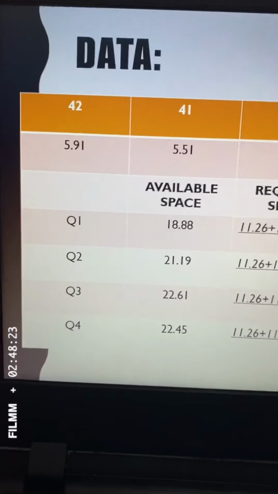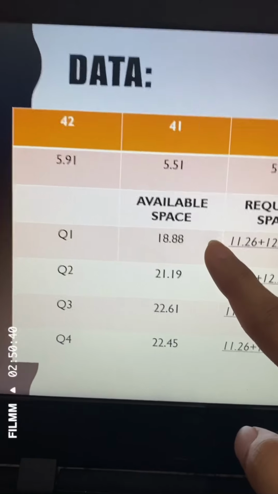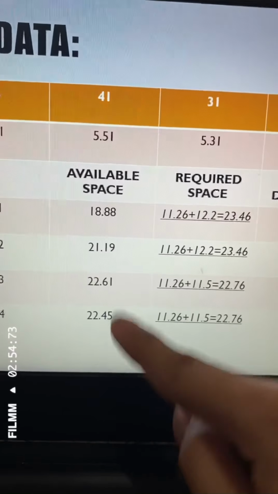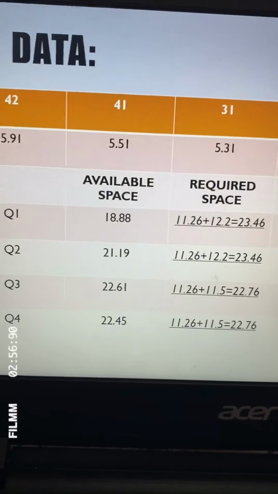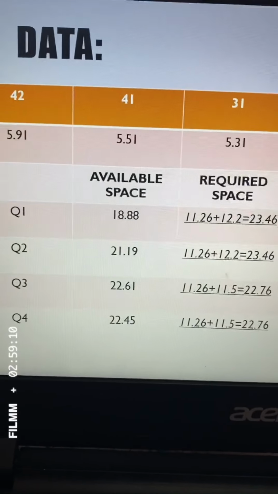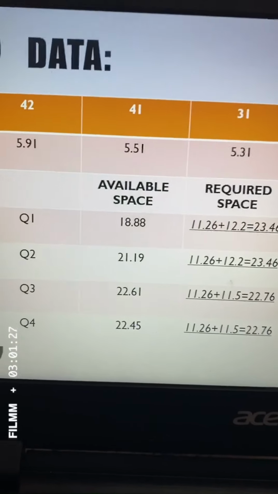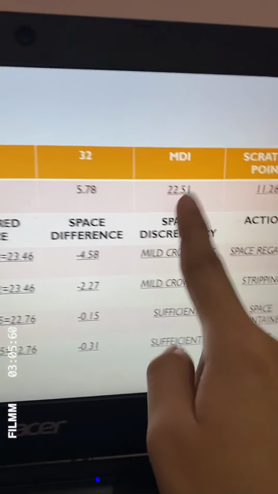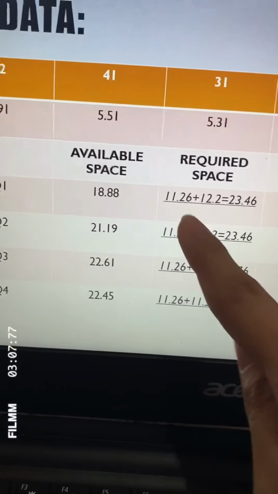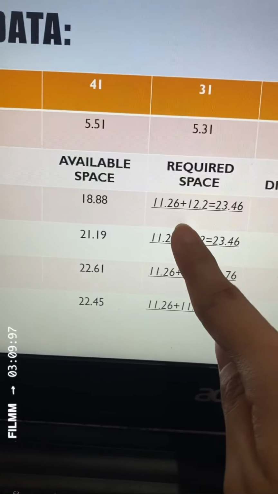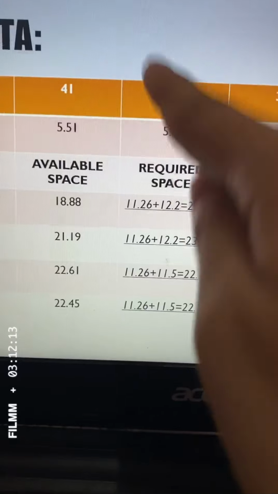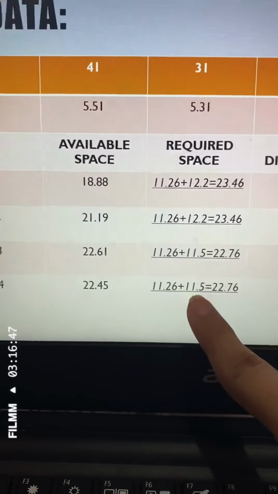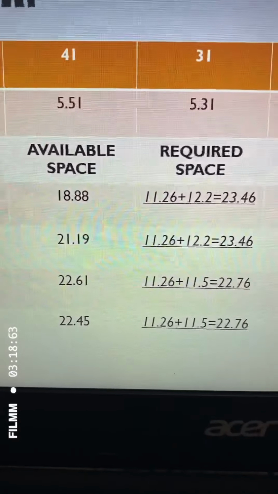I've said earlier that the space available is given. The following are the space available again. To get the required space, as I've said earlier in the formula, all we need to do is divide MDI by 2, right? So MDI divided by 2 is 11.26. So 11.26 plus, in the maxilla, the given formula is 12.2. And in the mandible is 11.5, right? So to get the required space,